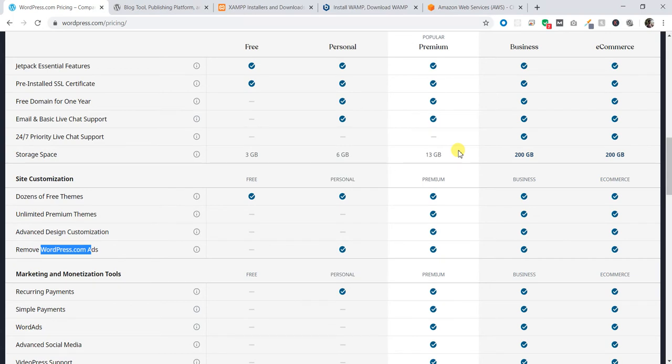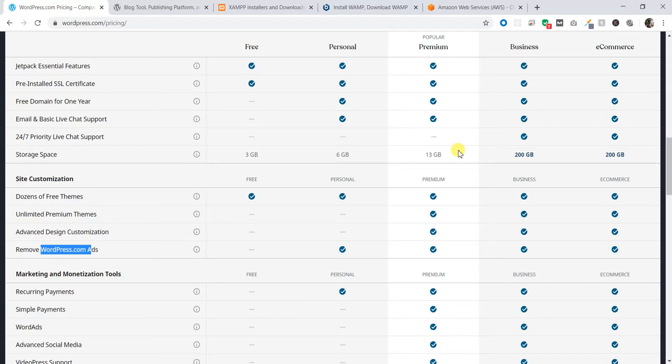If at all you are planning for any big freelancing projects where you would like to design all your projects in WordPress, then you can go with the business plan and create a multi-site option with that, and you can keep on creating web pages which you can use for up to 200 GB of data.